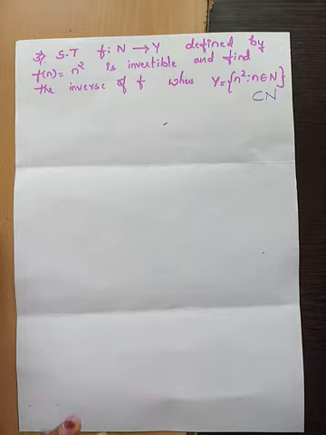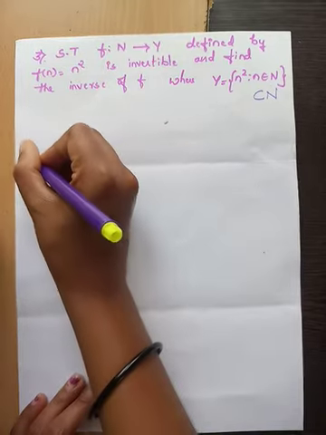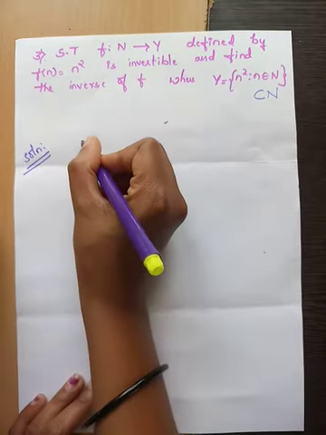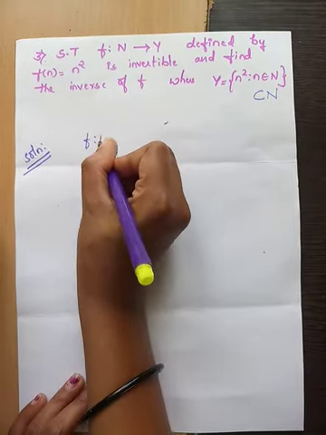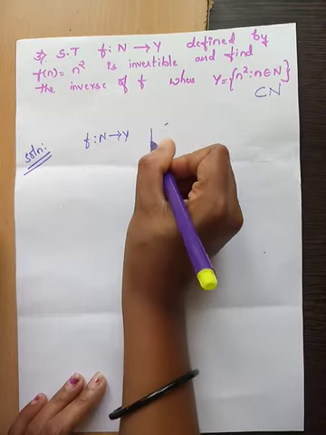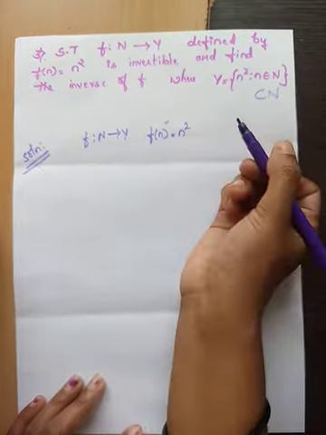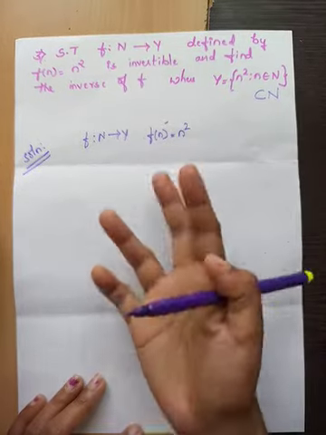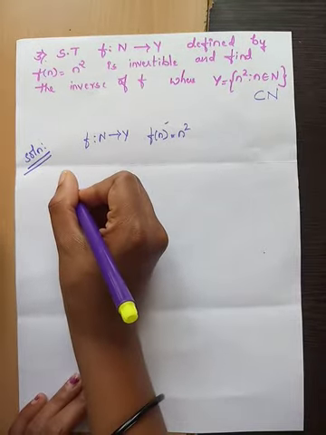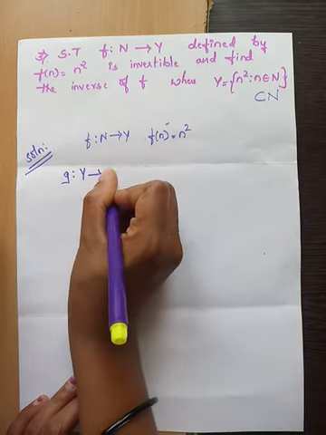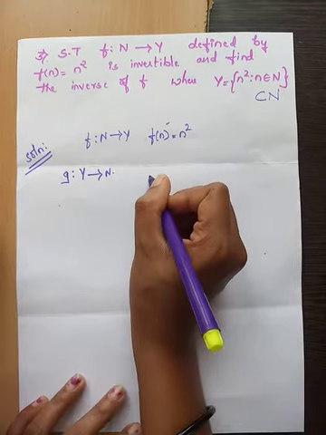We have to show that this particular function is invertible. So, we will follow our procedure. They have given us f is from N to Y, and f of n is n square. Instead of x, they have taken n, just a change in the alphabet, that is it. So, what we have to do, we have to define a function g from Y to N.